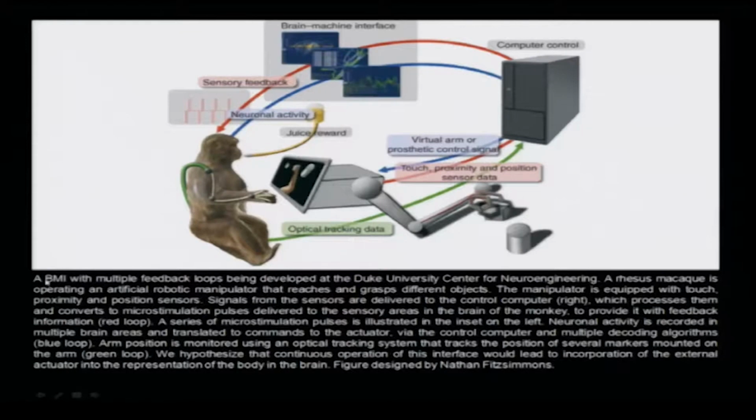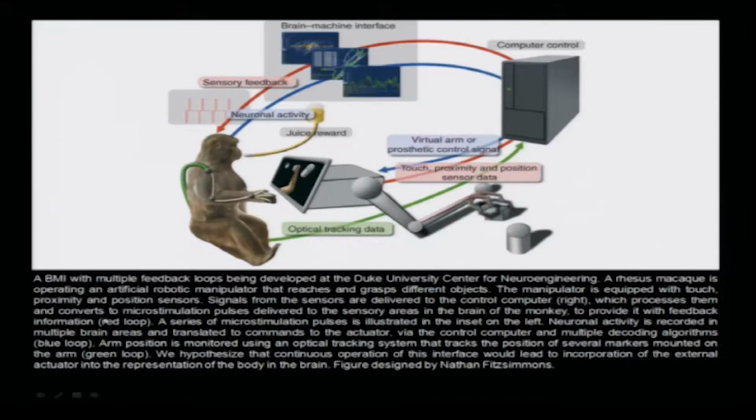So BMI stands for the brain-machine interface. BMI, multiple feedback loops being developed at the Duke University Center of Neural Engineering. A rhesus macaque is operating an artificial robotic manipulator that reaches and grasps different objects. The manipulator is equipped with touch, proximity, and position sensors. The signals from the sensors are delivered to the control computer,